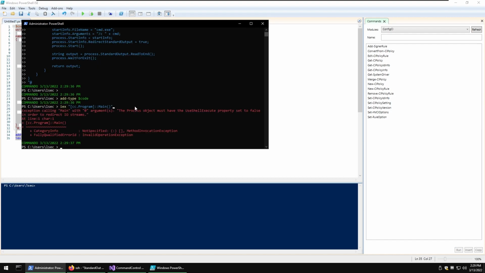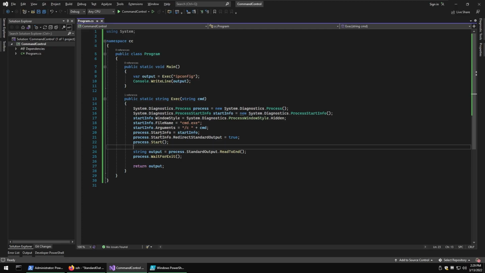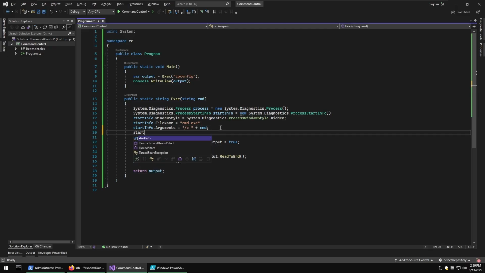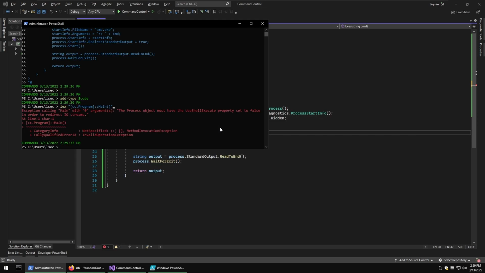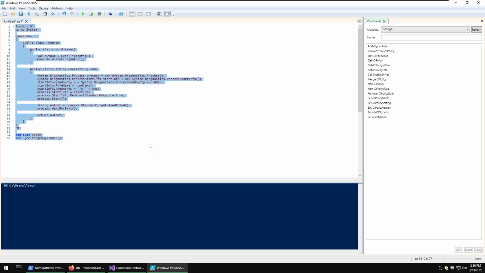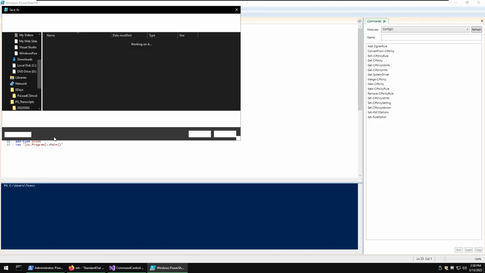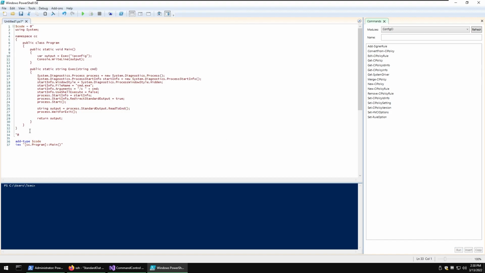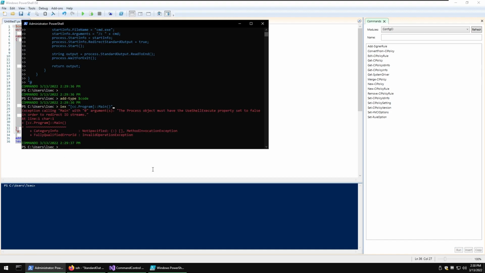We have another error, which means we're progressing somewhere. The process object must have the usual execute property. Okay, so inside the start info, we go start info dot shell execute equals to false. Yeah, okay. So now this way, I'm gonna need to edit my code here. Yep. Just have it. Copy again